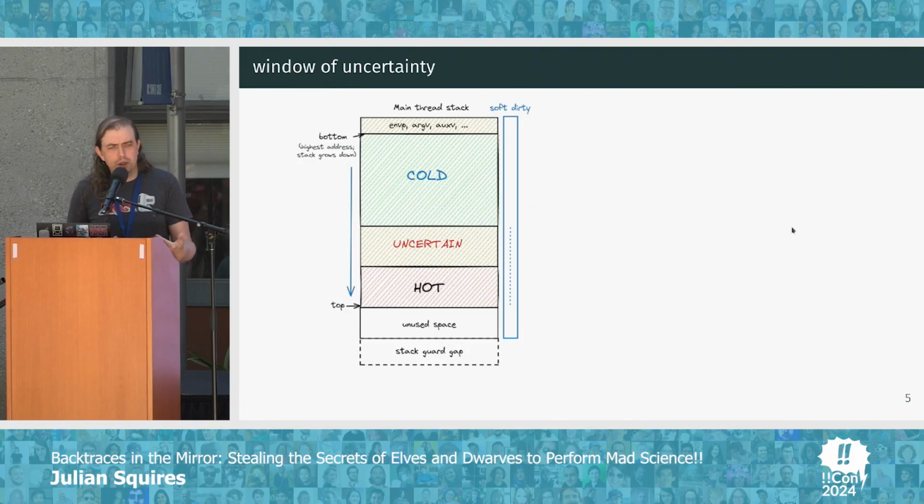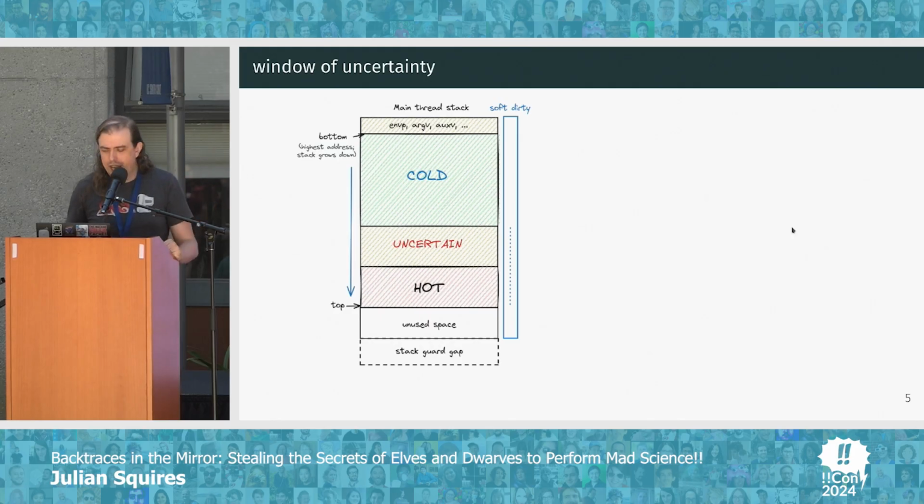And if we just try and do a backtrace from the top of the stack, what I found is I typically just run into an obstacle somewhere in that window of uncertainty before I get down to the cold part of the stack where the delicious roots we seek are, right? So I asked myself, okay, could I reconstruct the stack frames from the bottom, at least the stack frames